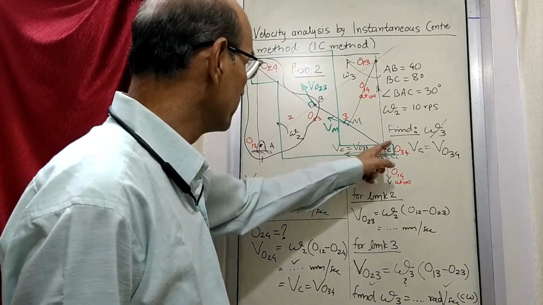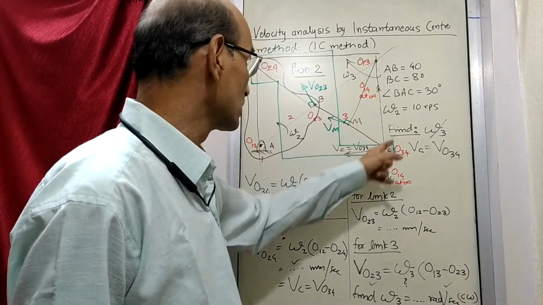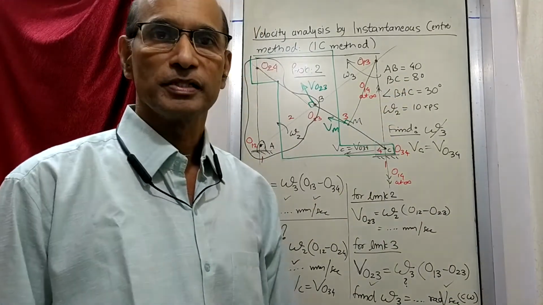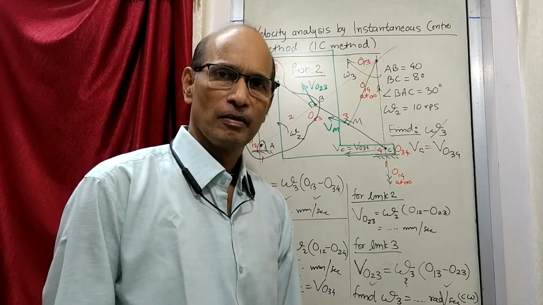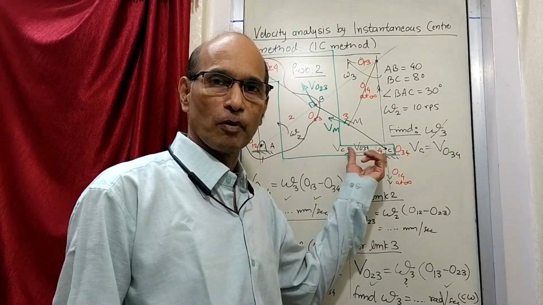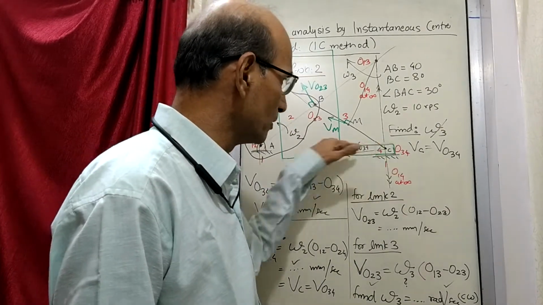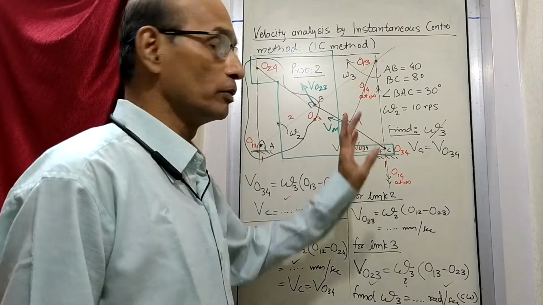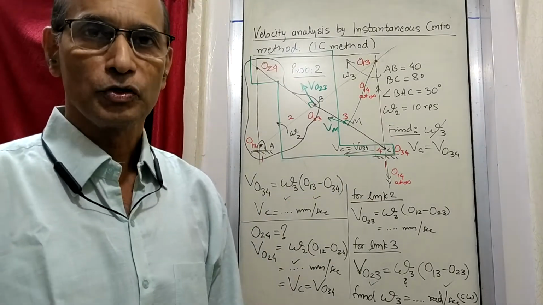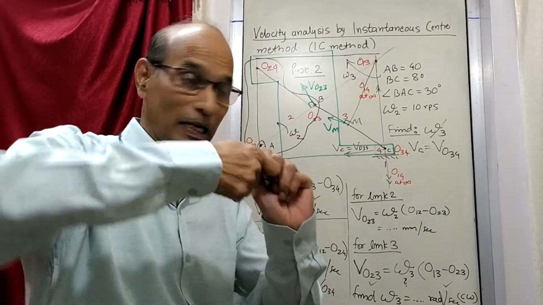Link number 3 is fitted to this link number 4 at this point, such that distance BC is so much. So no change in the structure of the problem, and everything else is still valid. But we have modified the shape of the slider such that the slider shape is like this, and it is still sliding in the same way. So now can you say 2-4 belongs to link number 4 also? So now you can say that point 2-4 is a point.